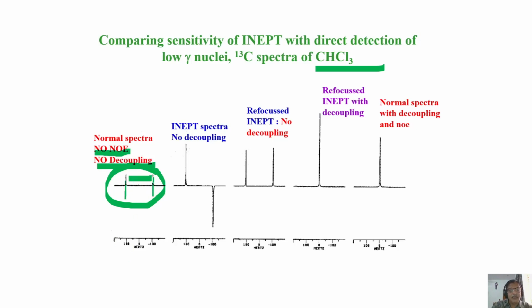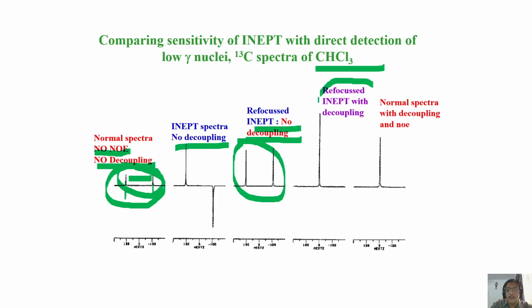This is JCH and this is the intensity pattern, signal to noise ratio. Same thing, INEPT spectra, no decoupling, +4, -4 intensity is there. Refocused INEPT, no decoupling. Only thing is you made anti-phase components into in-phase components. That's all. There is not much difference to be discussed between this and this. Whereas look at refocused INEPT with decoupling. Now these two will collapse, add into a single peak. See, enhanced intensity. You get the point. Refocused INEPT has enhanced intensity.